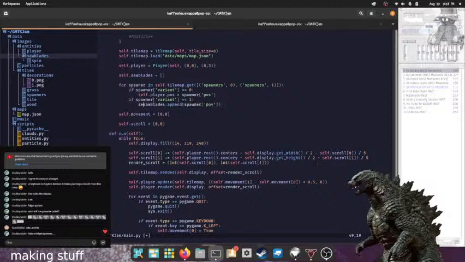Which means I'll have to go self.sawblades.append and spawner position. If I did that right. If I'm thinking correctly, which I hope I am.